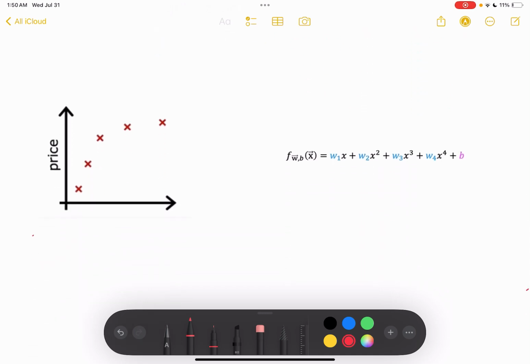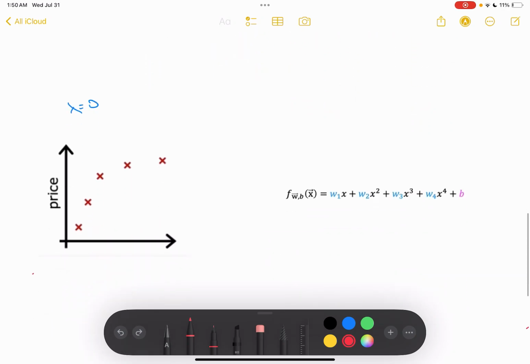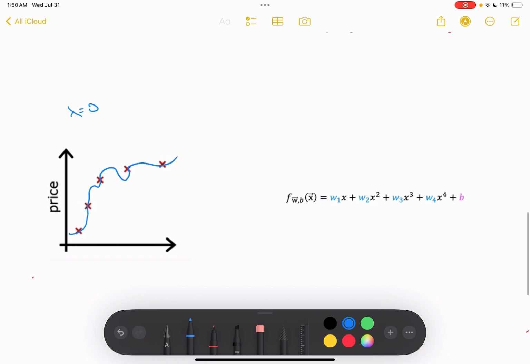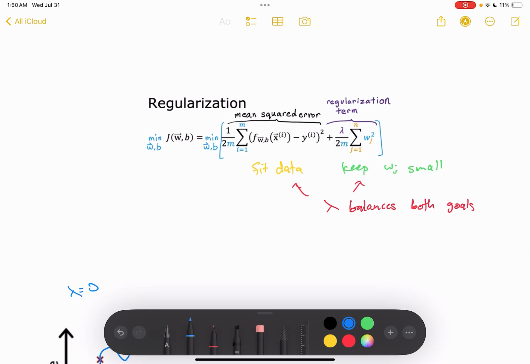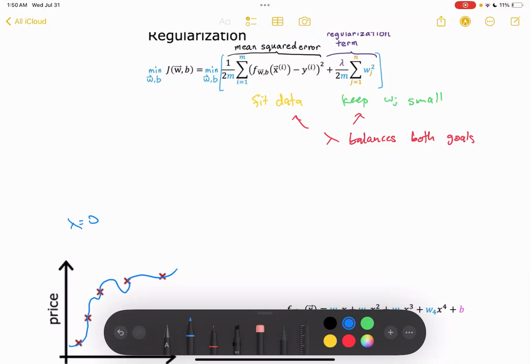Say we choose a lambda value of 0. Well, if our lambda value is 0, essentially this term just cancels out and we're only left with the mean squared error. So that means only fitting the data will matter. And if we were to plot that, now our model will be overfit. It'll look something like this, where we're overfitting our data again. So this isn't actually the best model because we basically ignored our regularization term because we set lambda equal to 0, and we're just talking about the mean squared error here in our cost function,